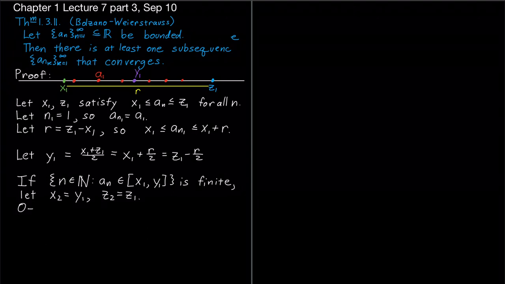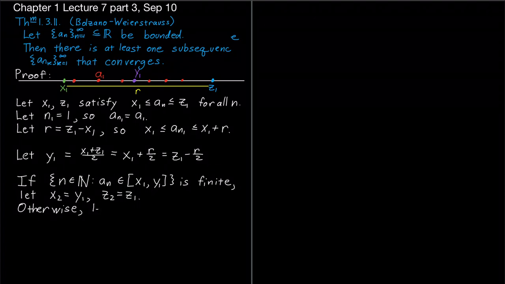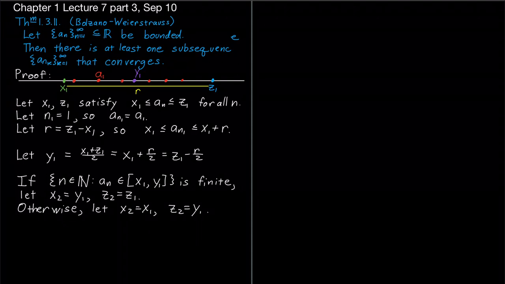And otherwise, we're going to let x2 be x1 and z2 be y1. And in either case, we've got that z2 minus x2 is r over 2,